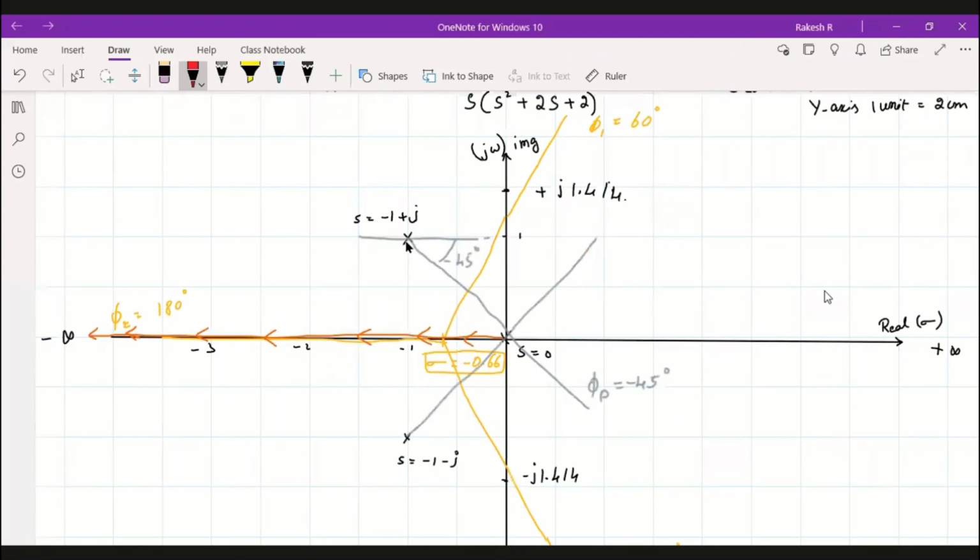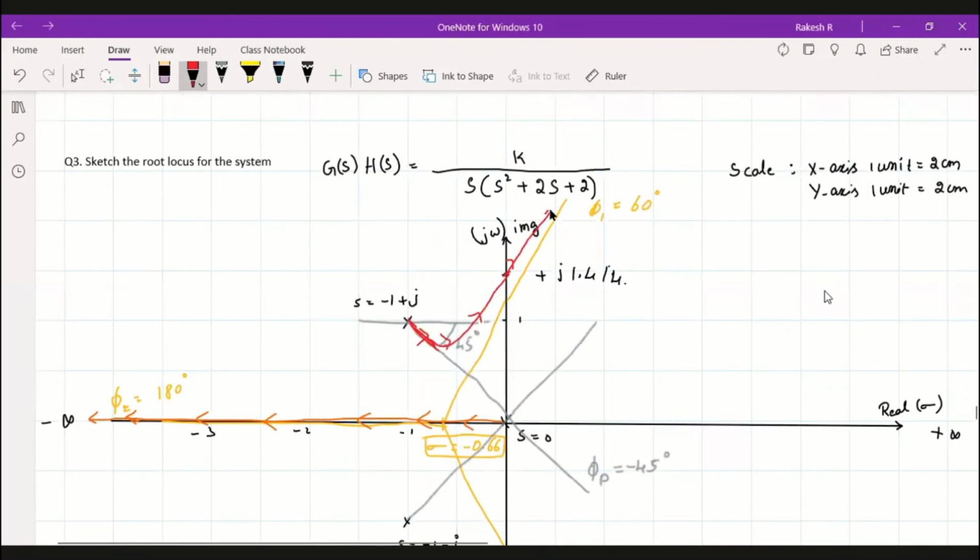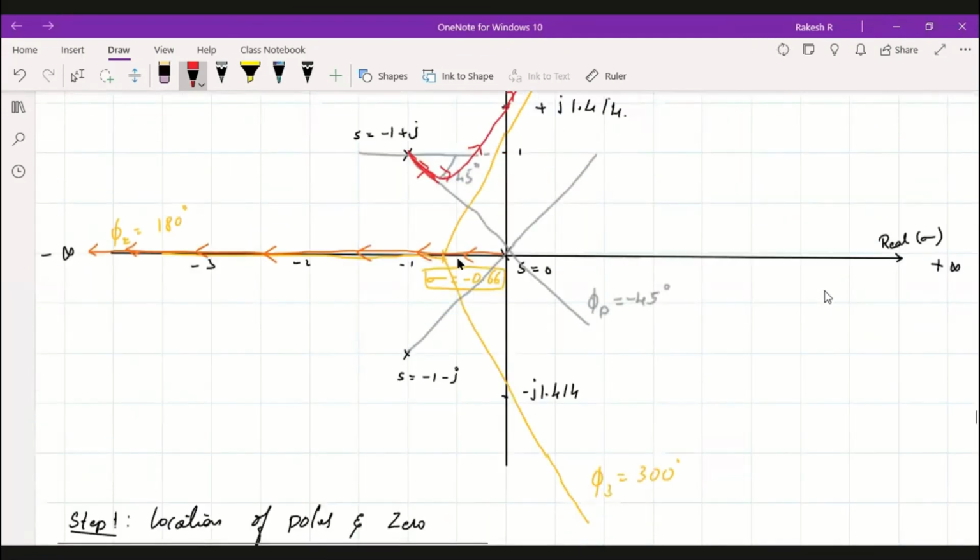Now, we got to know the angle of departure with respect to this departure line. It crosses here like this, going and departing like this. So this will be our angle of departure here. This is how you need to draw the root locus. It will further move along the angle of asymptote. Similarly, draw the angle of departure with respect to this line, parallel to the angle of asymptote here, like this.